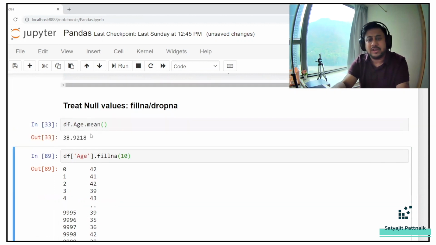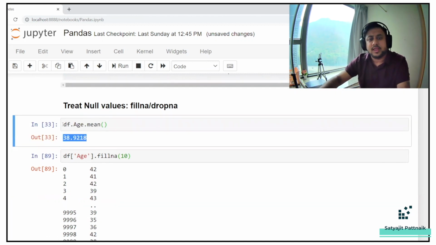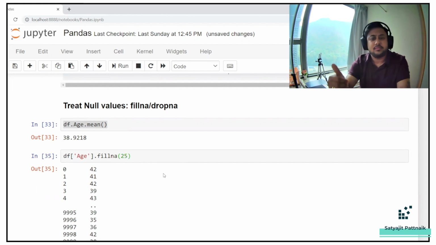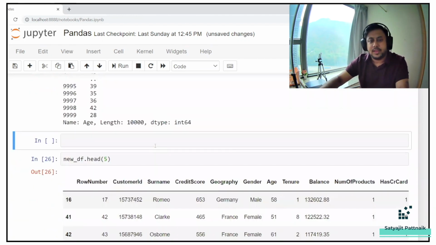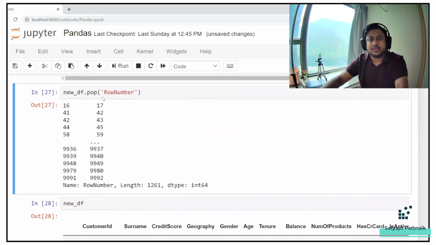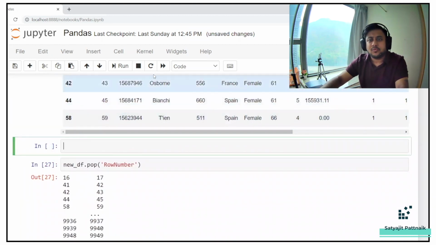df.age.mean will give me the mean value, right? In case you want to pass this, it works, no problem in that. Okay, that means you are filling all the records by the mean values. In case you want to do a hard coded value like 25, works, not an issue. And then if you print head, so next topic is going to be on removal of columns,